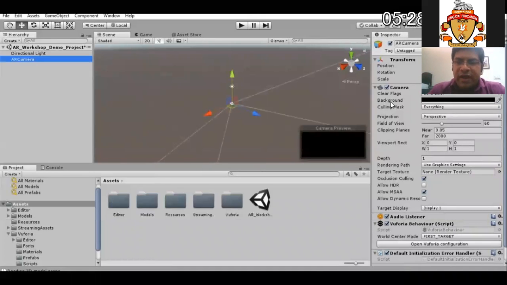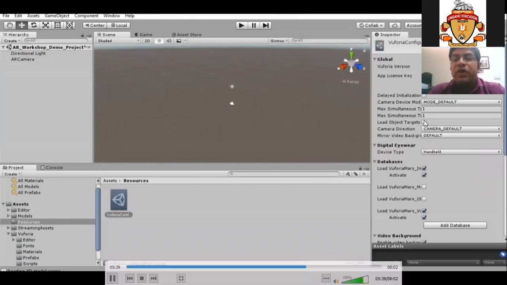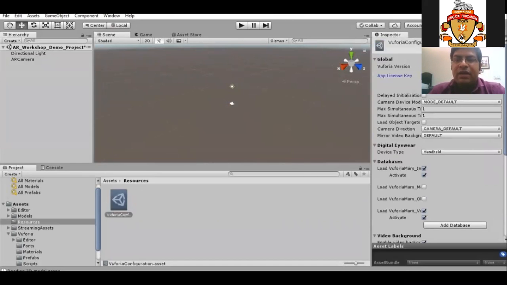Okay. So next, we have to click on this Open Vuforia configuration, which is inside this Vuforia behavior. In the Open Vuforia configuration, it will ask for the app license key. Here we have to copy and paste the license that has been downloaded from Vuforia.